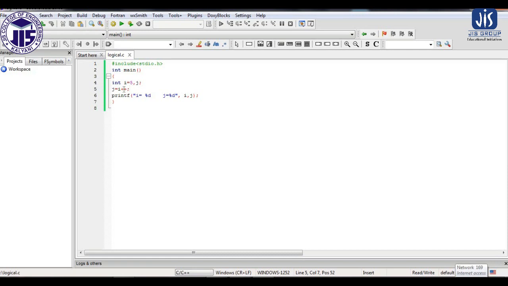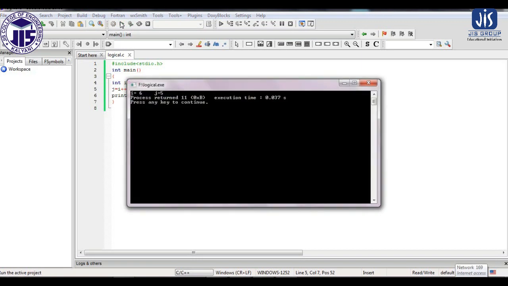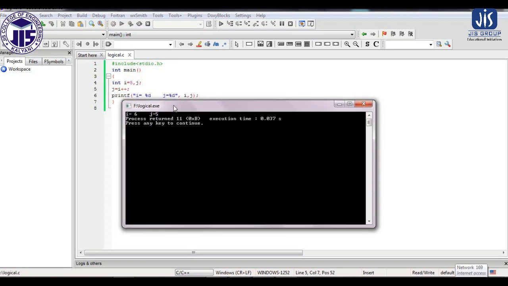So j and i, 2 variables we have taken, the value of i is initially 5, and in j we assign the value of i and we perform the post-increment on i. Now if I execute the program and print the values of i and j, you can see in the output we are getting the value of i as 6 and j as 5.